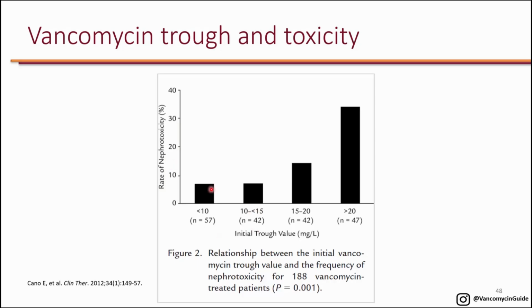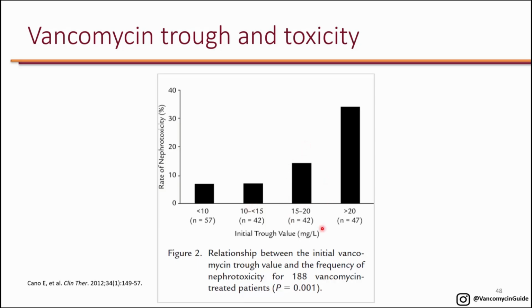You can see that there is basically not much difference if the trough is less than 10 or 10 to 15. However, when the trough starts to go above 15, you start to see an increased risk of nephrotoxicity, which is highest when the level is greater than 20. Because the risk is greatest above 20, you should never have a trough of greater than 20 unless the patient is on continuous infusion. These troughs are only pertinent to intermittent dosing, so these numbers don't apply to continuous infusion. And of course, even 15 to 20 is still more nephrotoxic than 10 to 15, so more reason to avoid